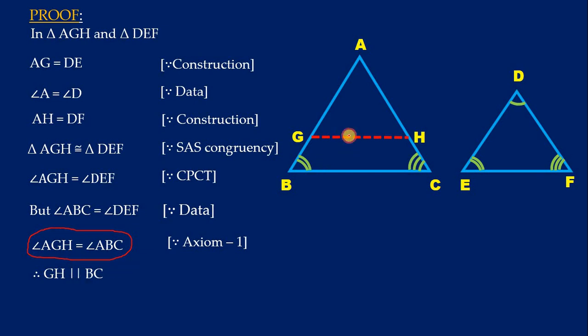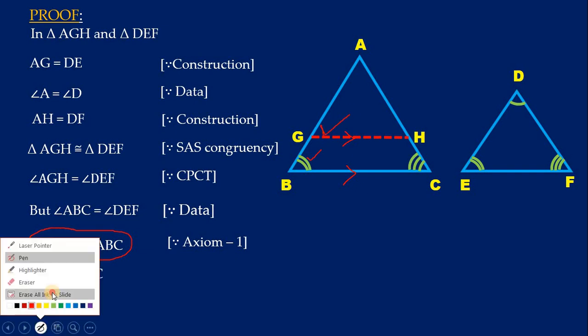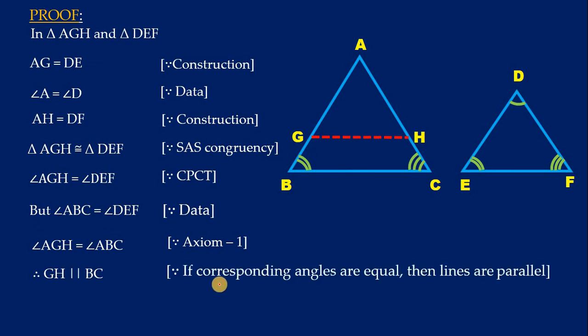Hence, this line is parallel to this line. GB is transversal now. These two are lines. Hence, these two angles are corresponding angles. That was the concept, children. So, these two lines have become parallel because the reason, you can write in short, is corresponding angles are equal, because when corresponding angles are equal, the lines are parallel. Now, the next step is very important.